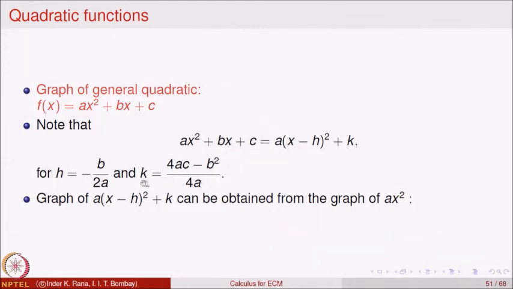So, from those three equations you will essentially get only two equations, you will get the value of h and k. So, if this equation is to be transformed into this equation, then h is equal to this value and k is equal to this value. So, I strongly suggest that you work out this and see that the values are correct. So, once you have done that, the equation will look like a(x − h)² + k.